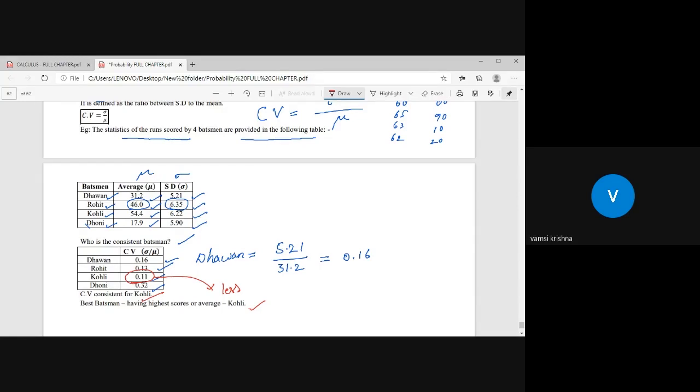This was the pending part from our last class. I hope everyone understood this statistics: mean, median, mode for small values and class interval values, and coefficient of variation. Please take whatever notes you require. Now I will move to the next chapter, that is calculus. A very, very important and easy chapter.